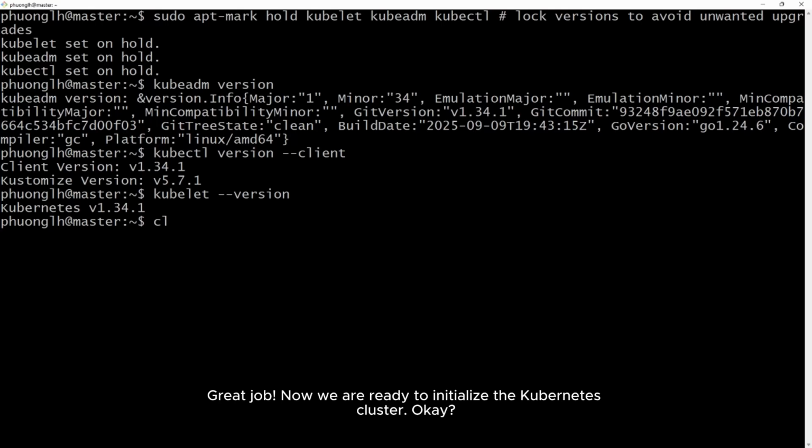Great job. Now we are ready to initialize the Kubernetes cluster.